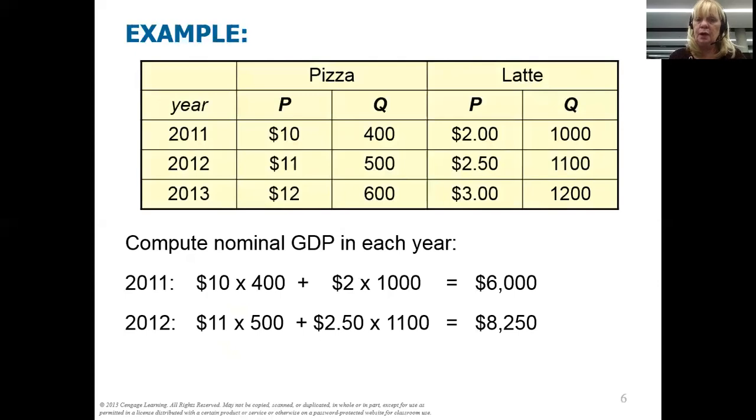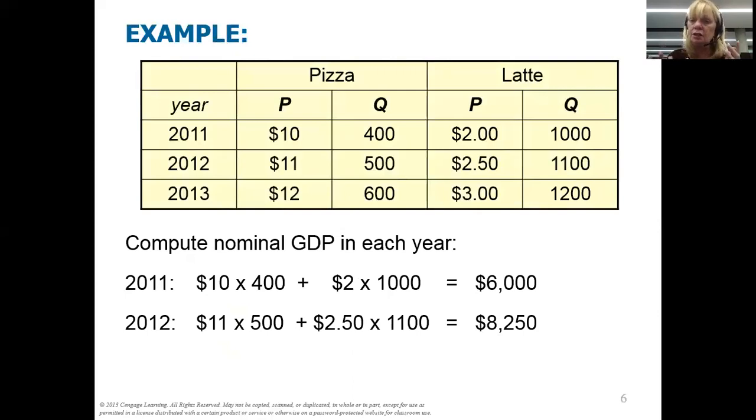In 2012, the price of pizza went up to $11, and the quantity increased to 500. So we have $11 times 500 for pizza. And then on the latte side, the price went up to $2.50, but the quantity increased to 1,100. So you have $2.50 times 1,100. So you have 8,250. So GDP increased, but that increase is a muddled mix of increases in prices and actual increased